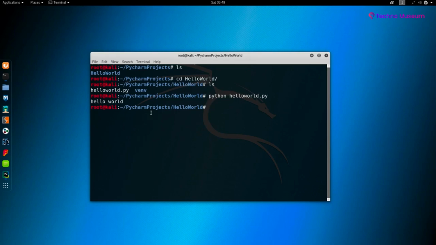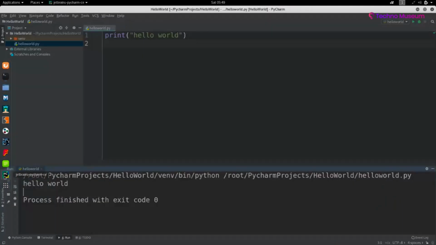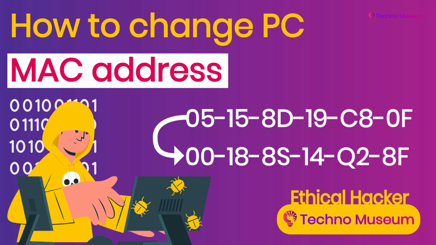So now you know how to work with PyCharm, right? We can write Python codes, we can run Python codes in Kali Linux as well at this point. So we better stop right now, and within the next lecture we're going to create our first MAC changer software